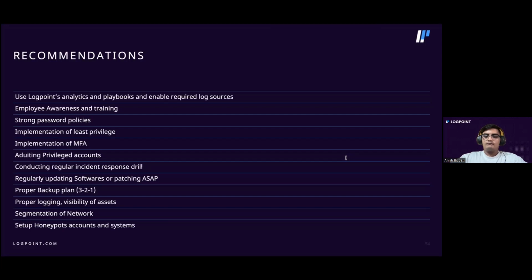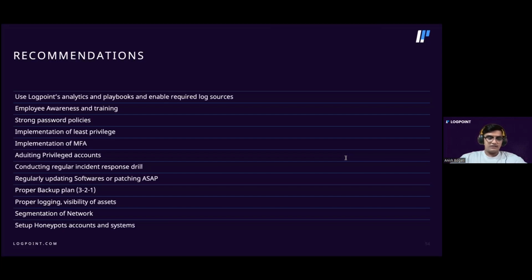And also, by implementing least privilege, organizations can limit user access and prevent potential damage that can be dealt by abusing the privilege of compromised user accounts. Even if a password is compromised, if you have enabled multi-factor authentication, it can prevent unauthorized access to user accounts. So you should also enable MFA, especially for remote access or cloud-based services. And moving on, regularly auditing privileged accounts and their activities is crucial because these accounts have elevated access and permissions that can potentially give malicious actors unauthorized access to sensitive data or critical systems.